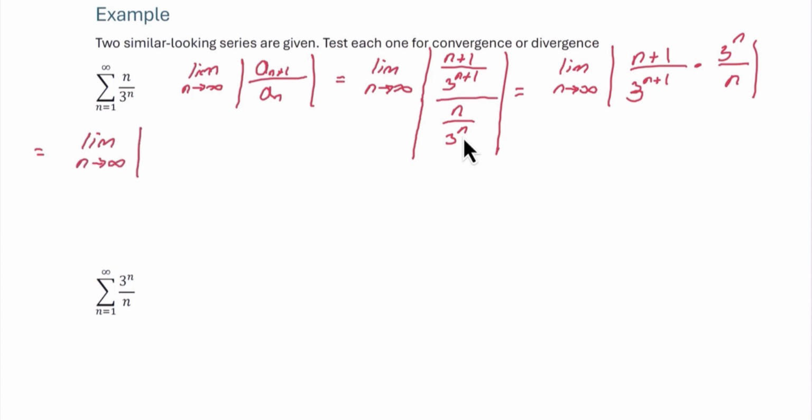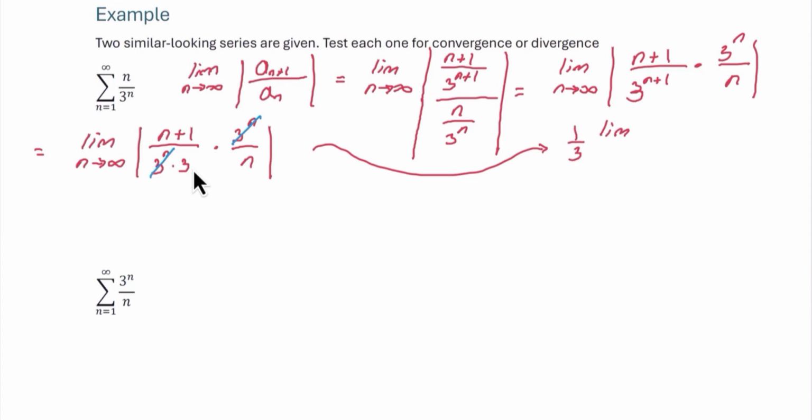Next, again, just rewriting this, we can rewrite this first denominator using exponent rules. We'll have n plus 1 divided by 3 to the n times 3. And we'll just copy the second fraction. From here, we can reduce. 3 to the n will go away. And notice we have a constant. I'm going to pull that constant out front. So we have 1/3